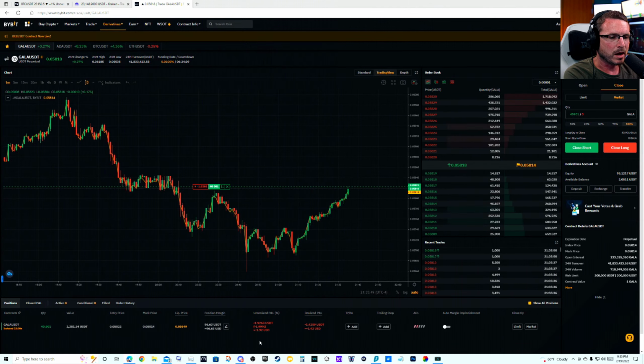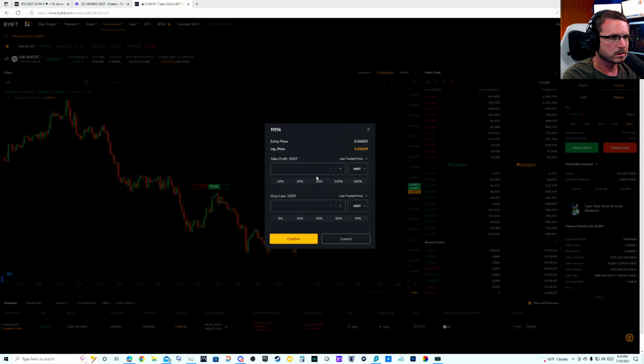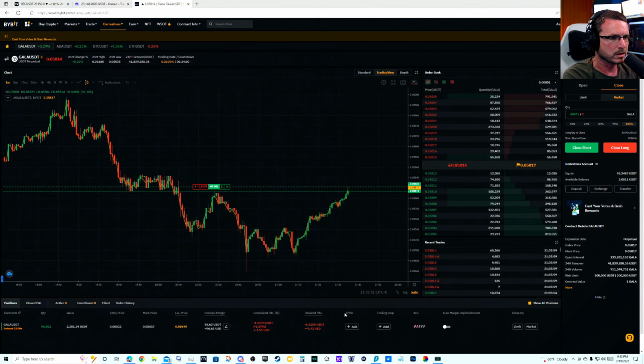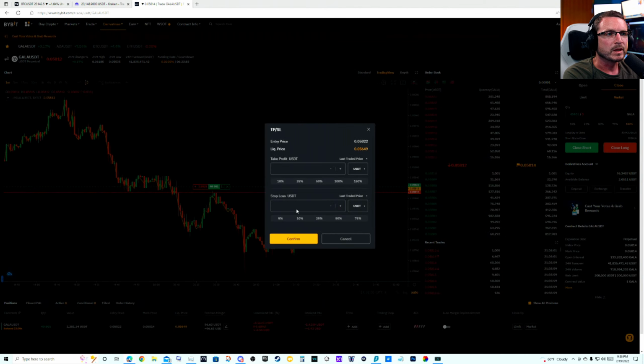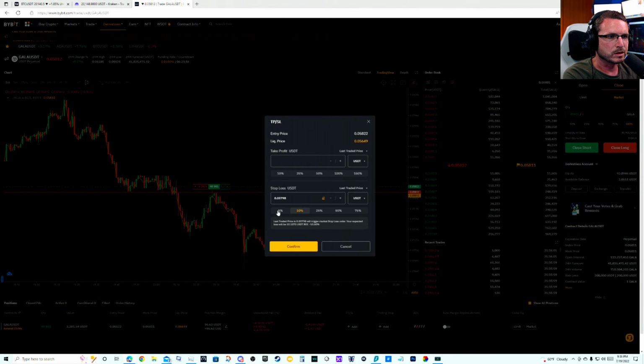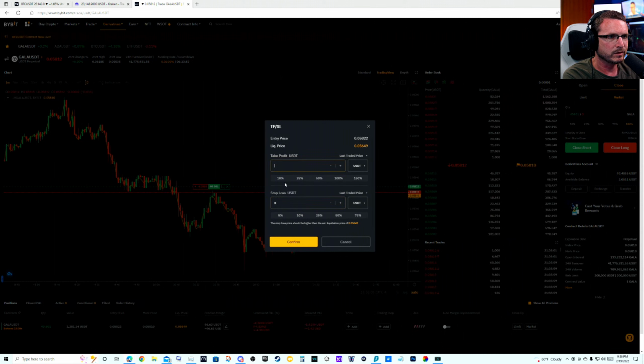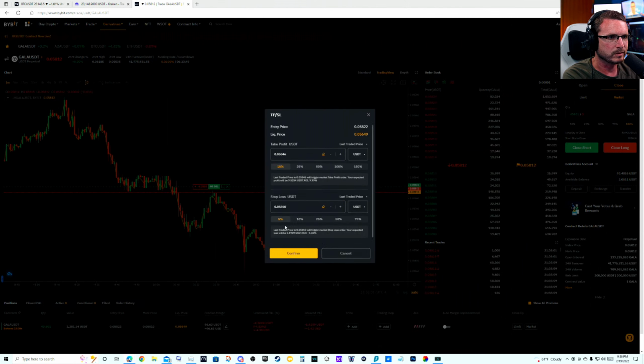As you can see down here in the bottom right, I'll show you how to put a stop loss on here too. You've got the TP/SL down here at the bottom, take profit or stop loss. If you hit a stop loss, you can enter in a percentage or just enter in the number manually, right? Or take profit. So let's say you want to take 10% profit, but you only want to take a 5% loss, as an example. Let's say you want to go higher, you can go higher, right? And if you hit confirm,